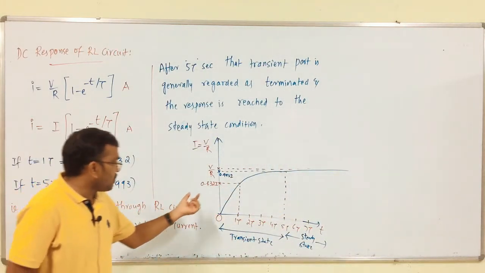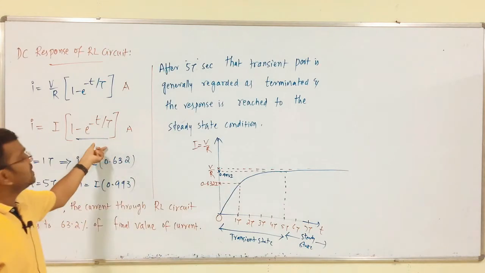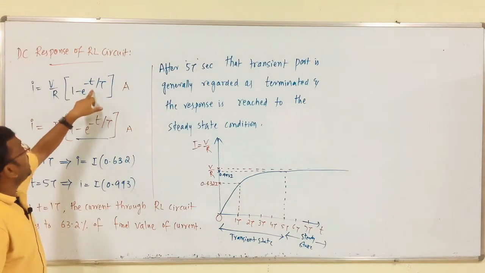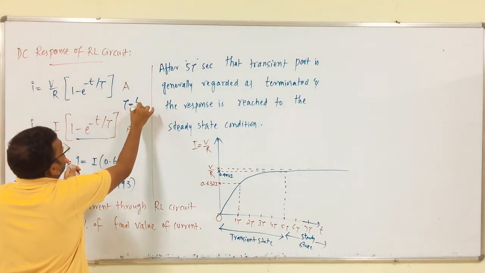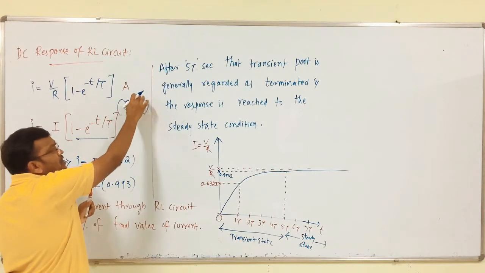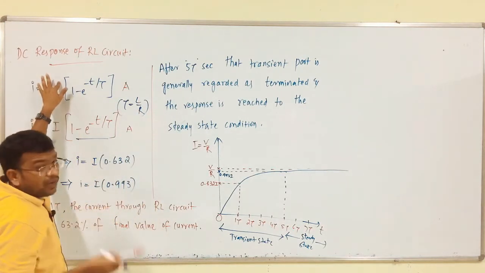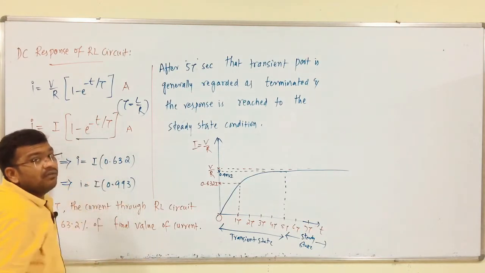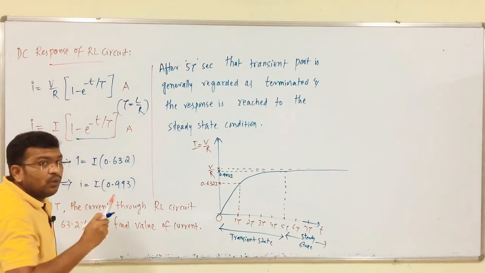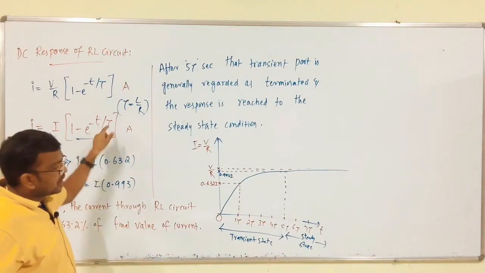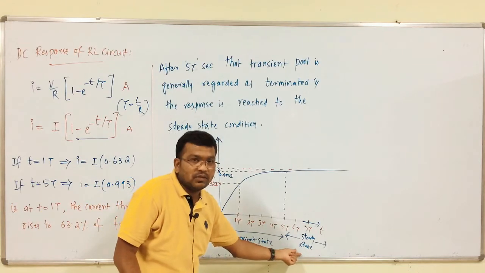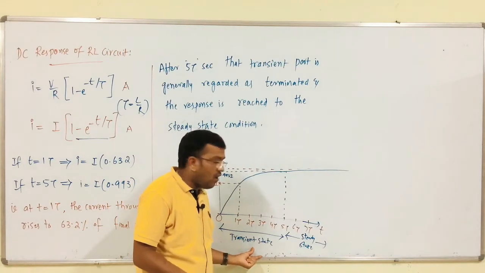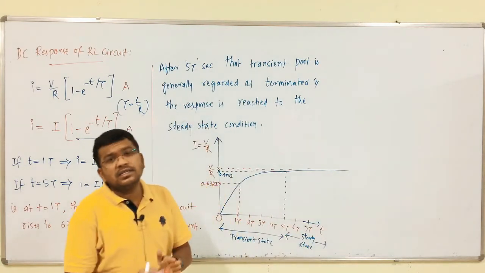So, this curve represents this equation. By changing the value of applied voltage or any element, where tau is equal to L by R, by changing the value of L or R or the applied voltage, we are going to get different values of current. Means by changing the value of time, we get different values of current from one value to another. After some time, the circuit is entering the steady state condition. So, from 0 to 5 tau, the circuit is under transient state condition. After 5 tau, it is under steady state condition.